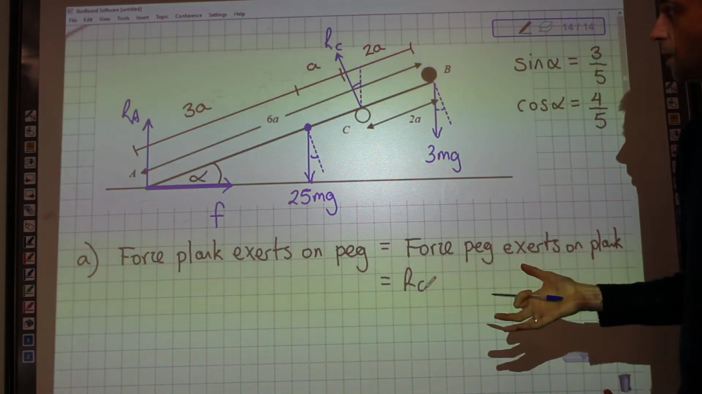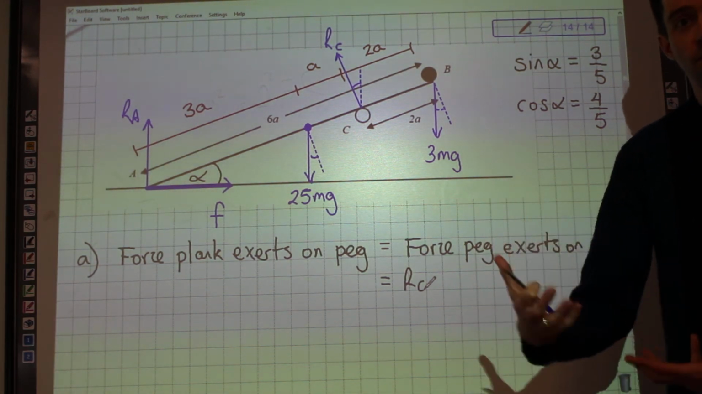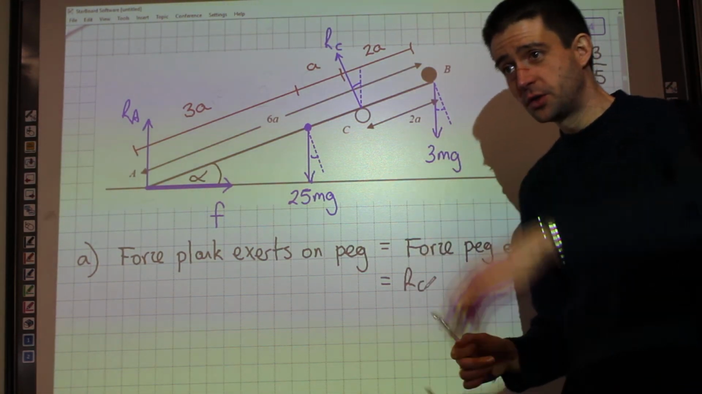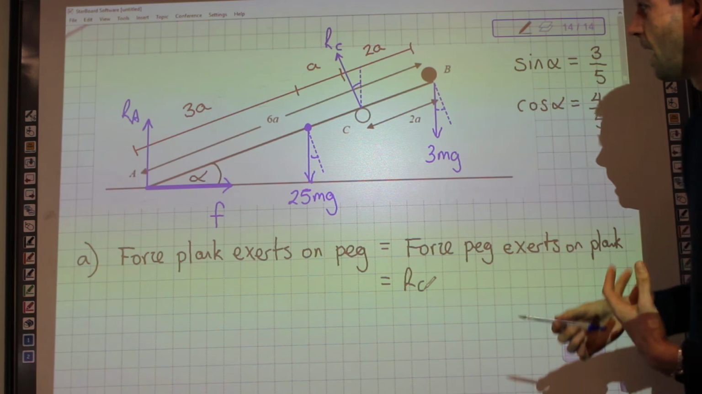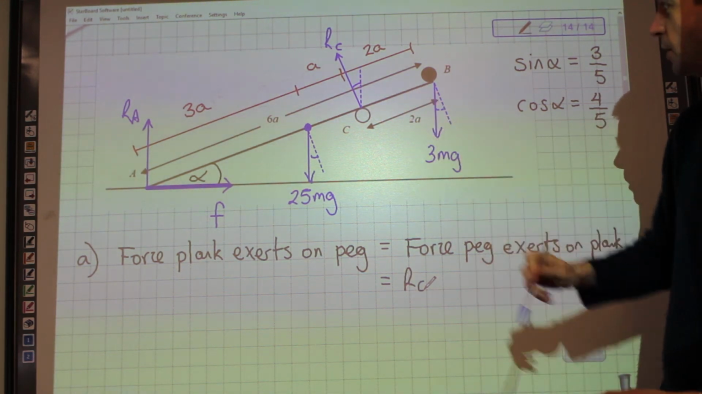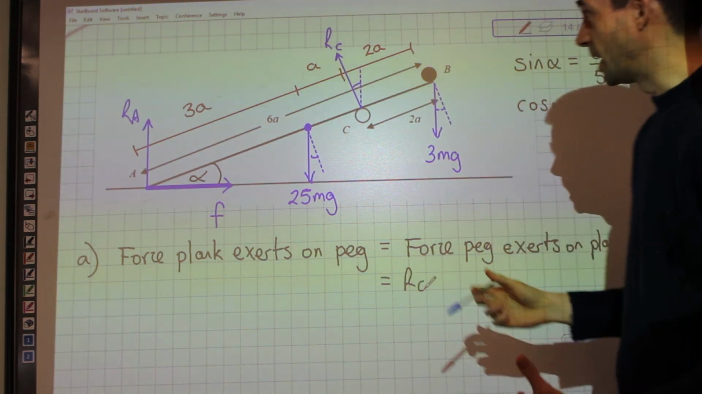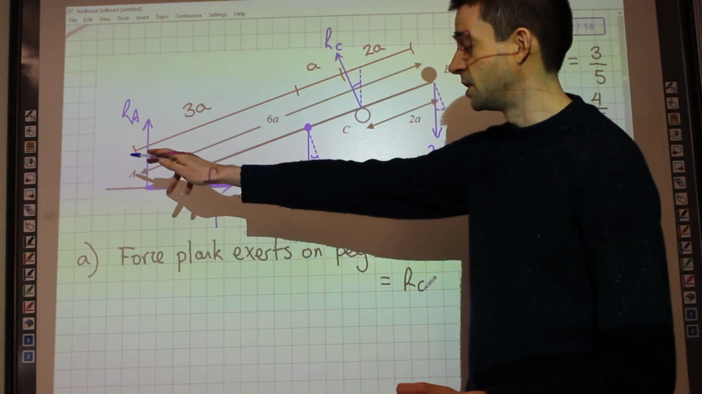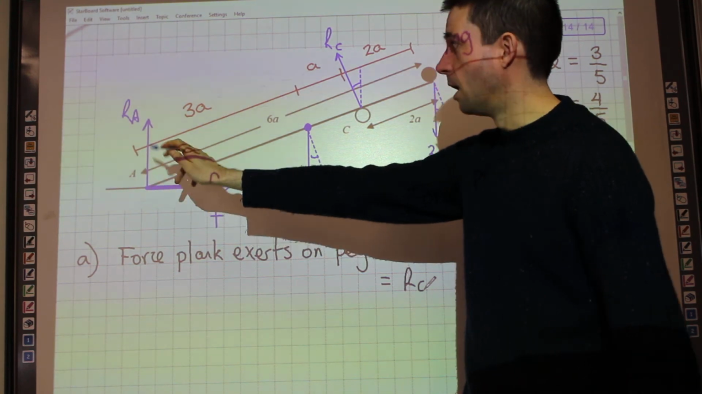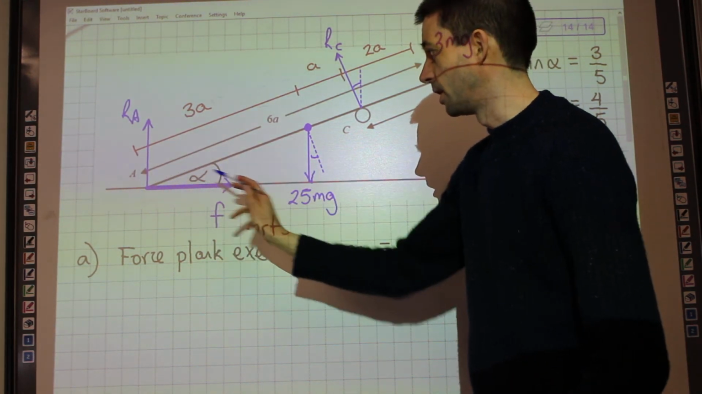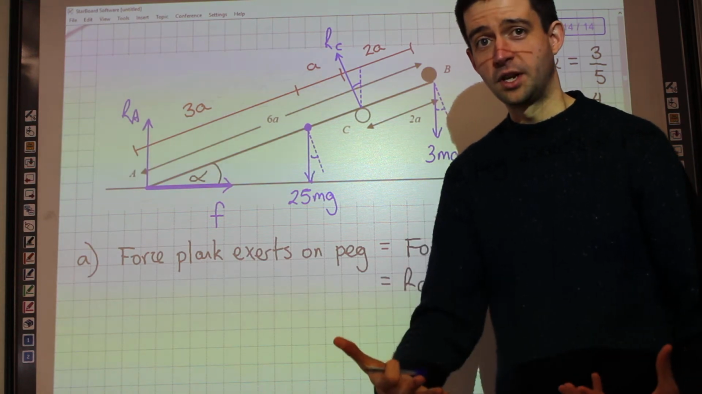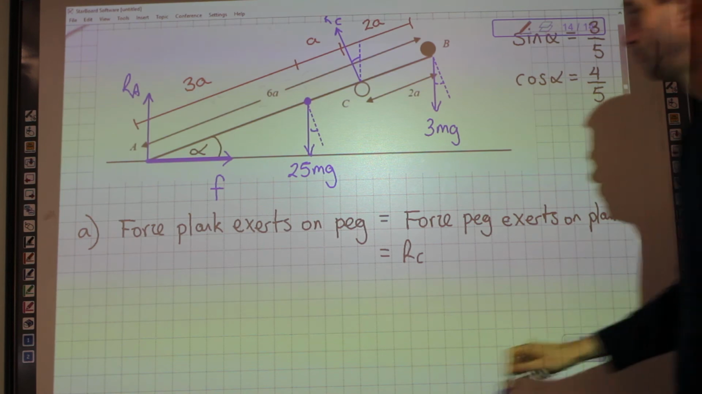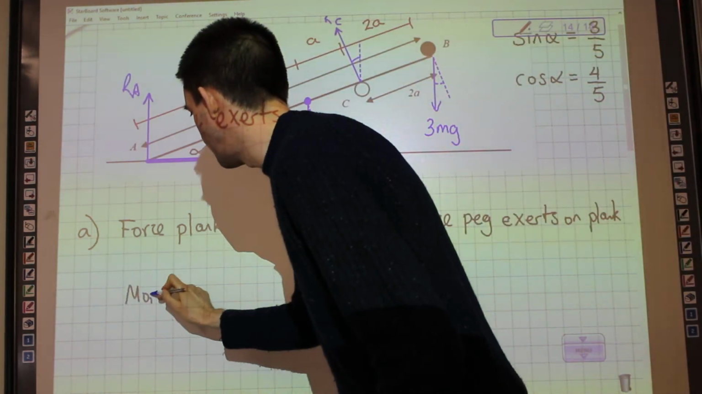Now, remember we've got 3 options of things we can do with these questions. We can resolve vertically, we can resolve horizontally, and we can do moments. Now, with this one, I'm trying to find the reaction at C. I'm going to take moments about A for the same reason as before, is that if I take moments about the point A, I can ignore the reaction at A, and I can ignore the friction at A, 2 forces I don't know. By taking moments about that point, I can ignore them both. So, moments about A,